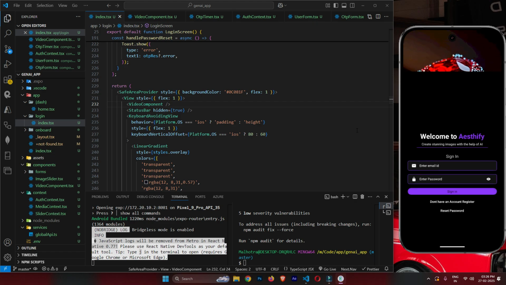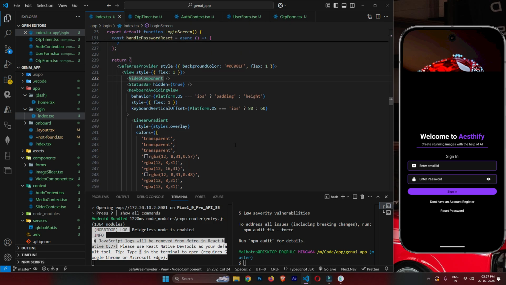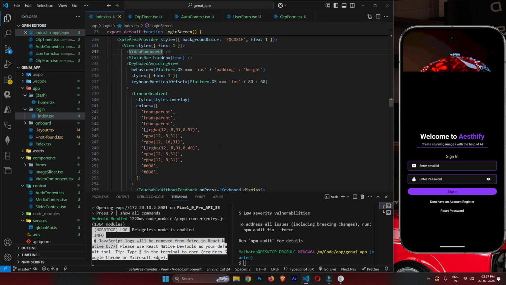Alright, the video is loaded, but something is wrong. That screen is not coming perfectly. The component, go to the index, let's go on top. So the problem may be this gradient is not working as it should be. So if we see